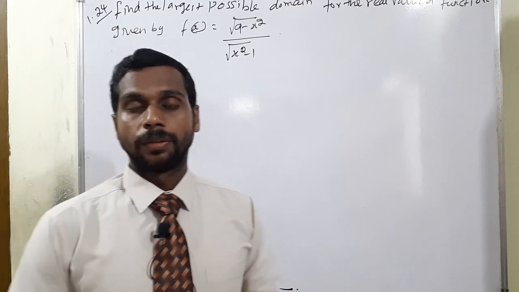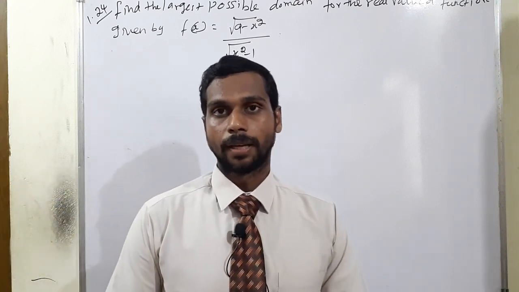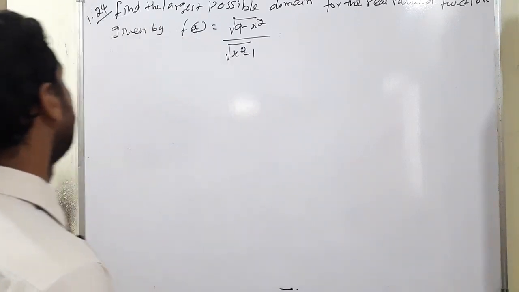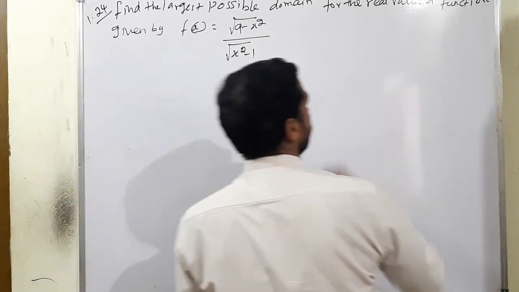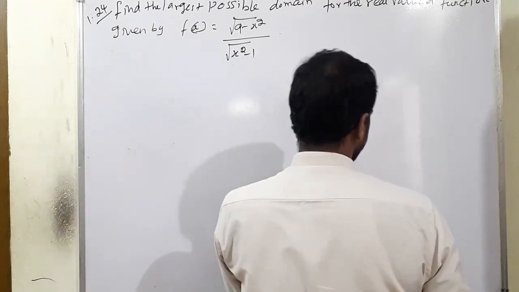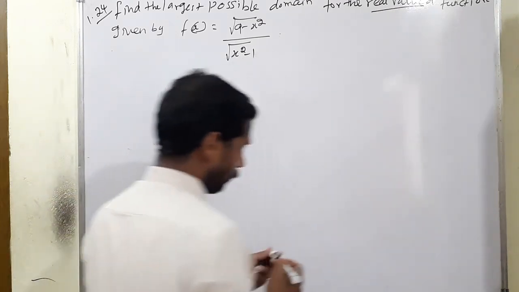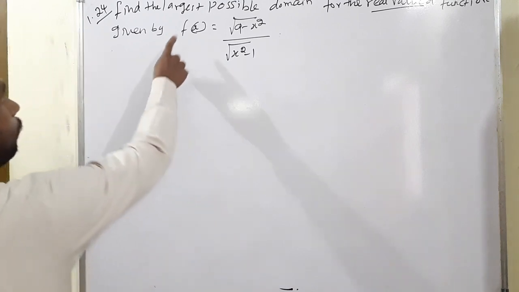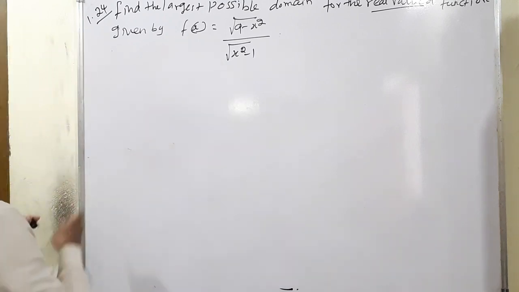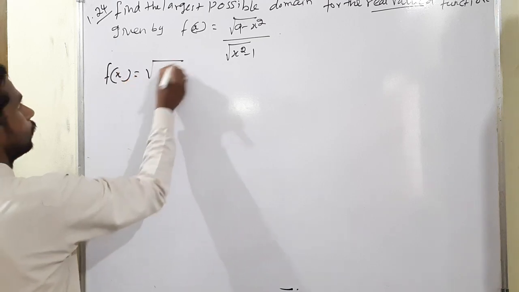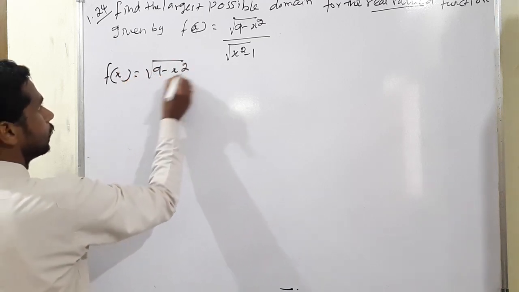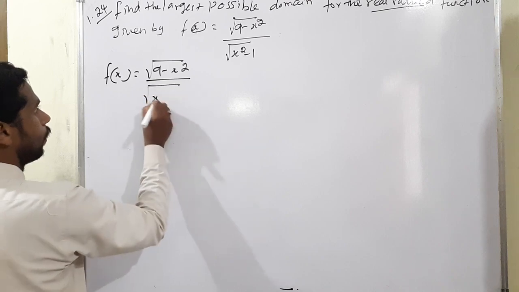In this conversation, we are moving to the continuation of examples. I'm moving to example 1.24. Given, find the largest possible domain for the real valued function. For the real valued function given by f of x is equal to square root of 9 minus x square divided by square root of x square